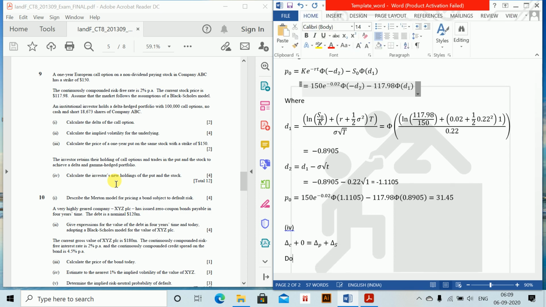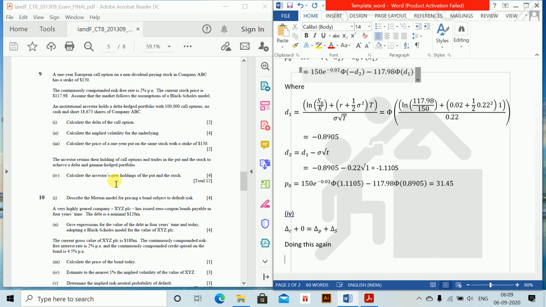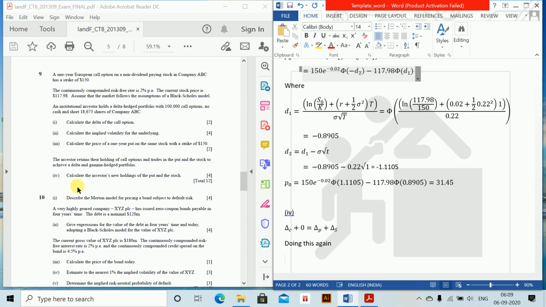Doing this again, differentiating, taking partial differentials of the put call parity relationship